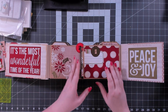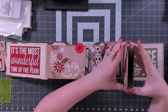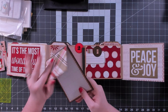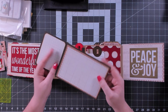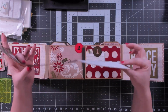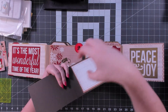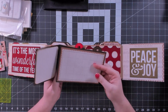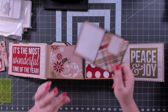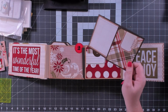So what we've done is on each of the bags, we've put some pattern paper and a number. And inside the bags, we've put these. These hold 3x4 cards or 3x4 photos on that closure piece. And then more photos, 4x6, 4x6, 4x6, 4x6, okay? So each of these inserts can hold a maximum of 4 4x6 and 2 3x4 photos if you want to, but they